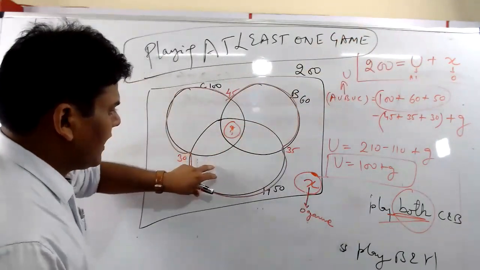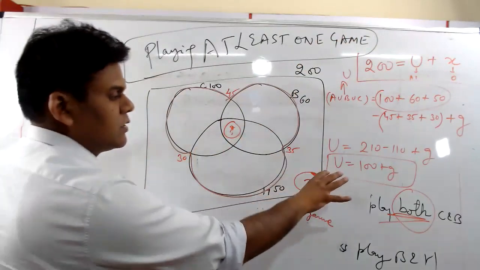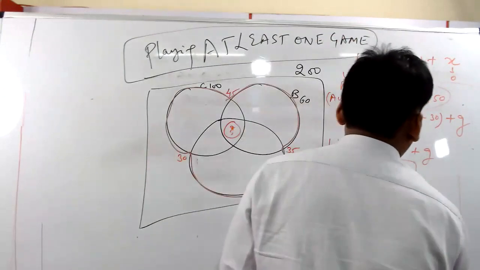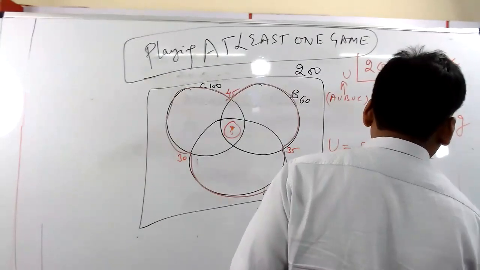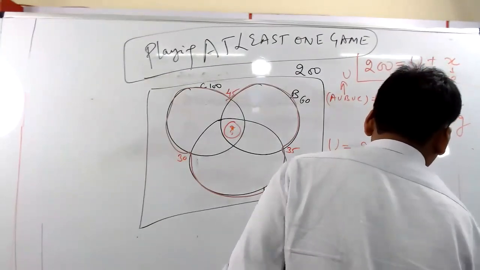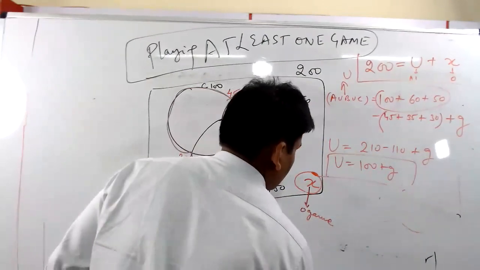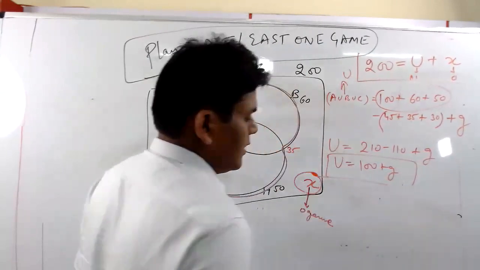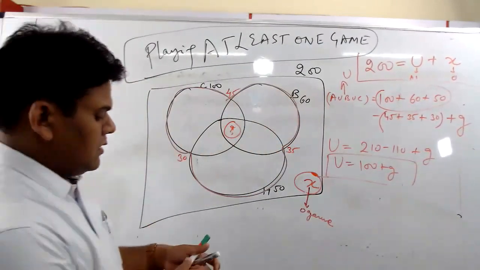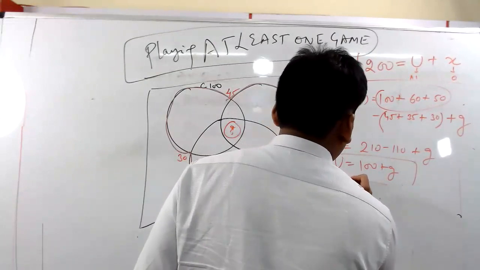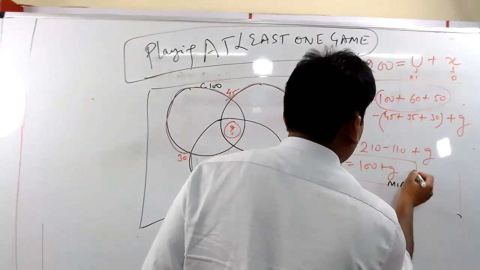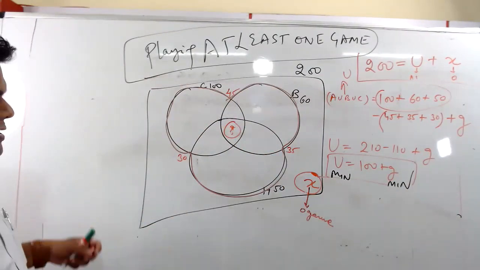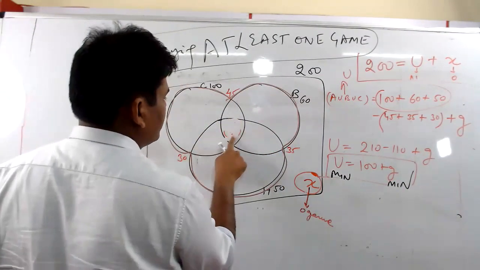All right, let's come back here in this question. U is equal to 100 plus G. Okay, so that means the question was minimum value of U. So if the question is minimum value of U, I need to find out the minimum value of G. I hope simple linear algebraic equation. U का minimum चाहिए, तो G का भी minimum. Right? U minimum, G minimum. Let's see what can be the minimum value of G.